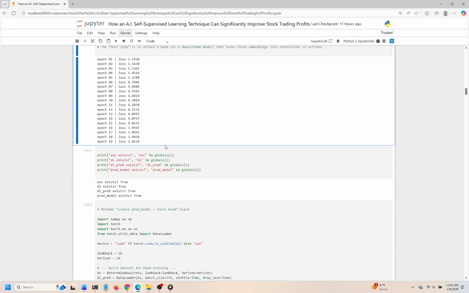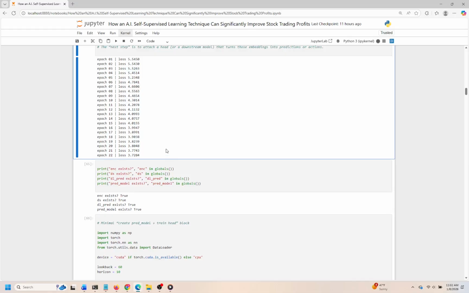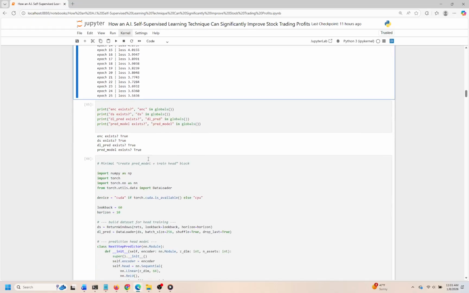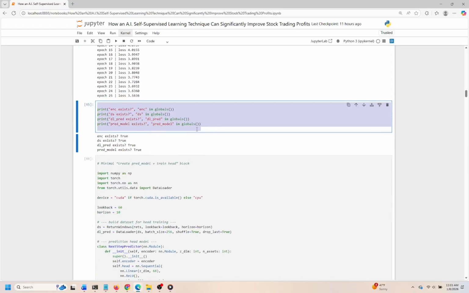Cell 5. In this cell, we're performing a crucial check to see if certain variables are currently defined in our workspace. Understanding whether these variables exist is vital for ensuring that our subsequent analyses or computations will run smoothly without encountering unexpected errors. The code is straightforward,